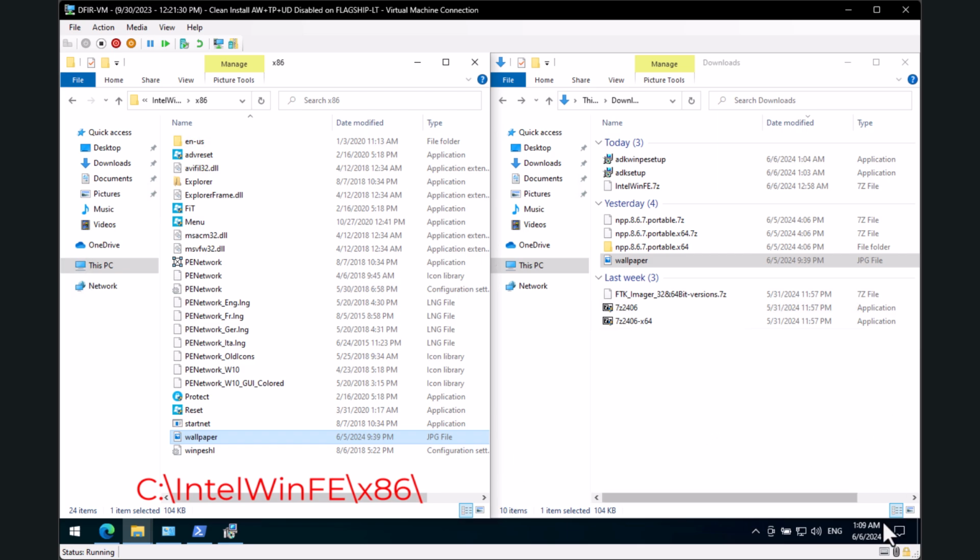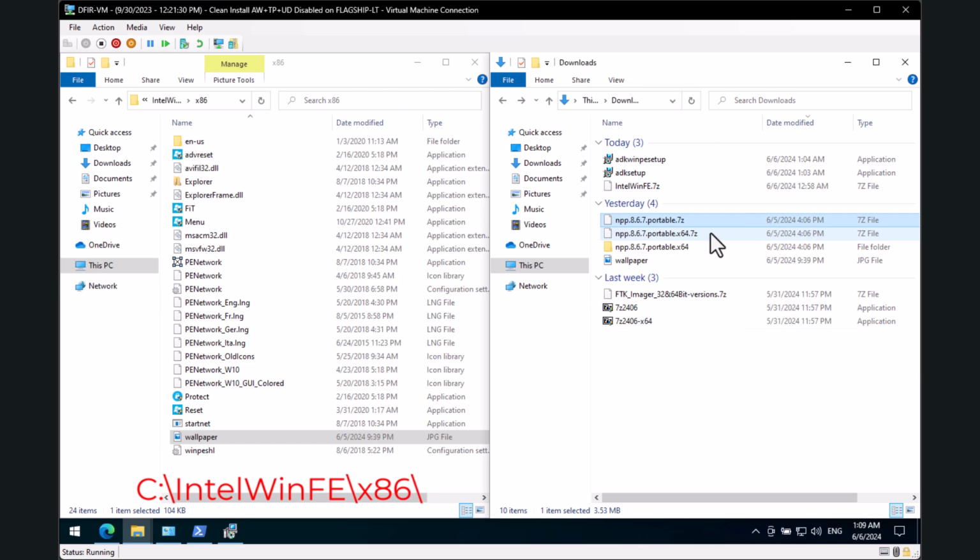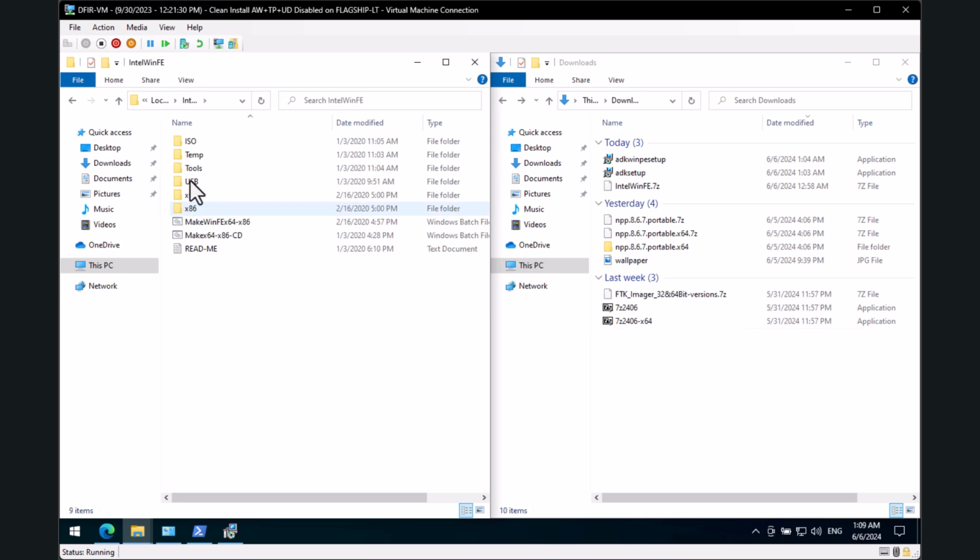Speaking of adding on to this tool, you might have noticed that I actually downloaded two versions of Notepad++, a 32-bit and 64-bit, the portable versions. What you can do is we can actually add this into our base image install and we can use it in the future. So for other tools that we want to use, what you can do is you can go in USB,